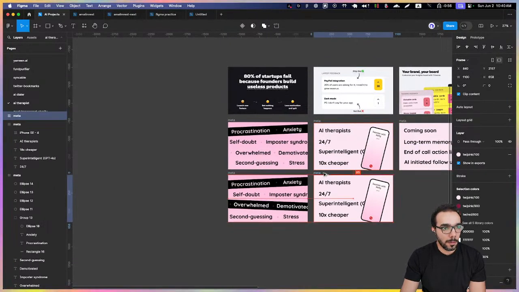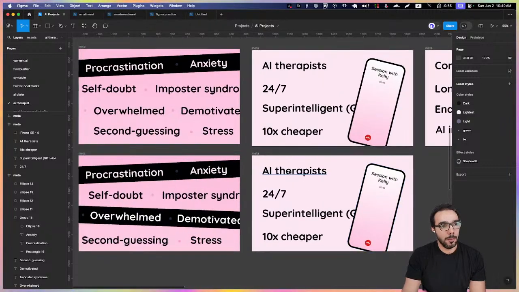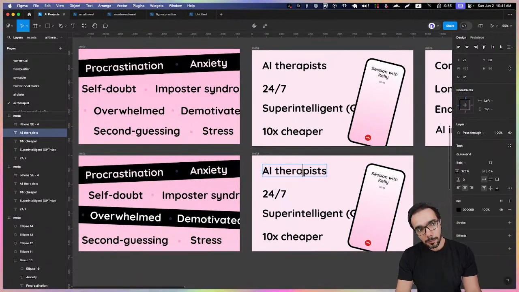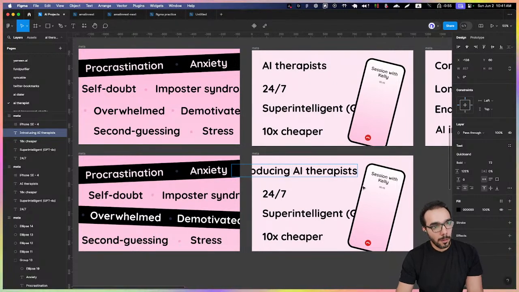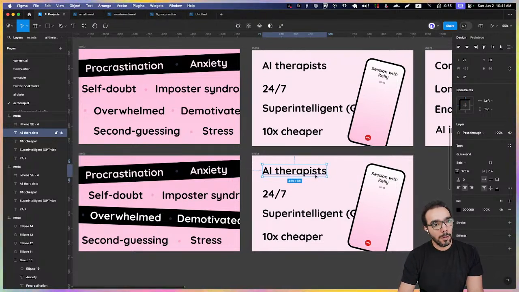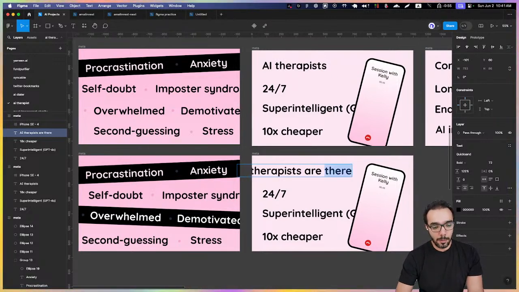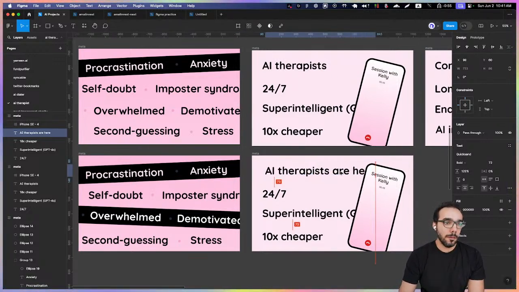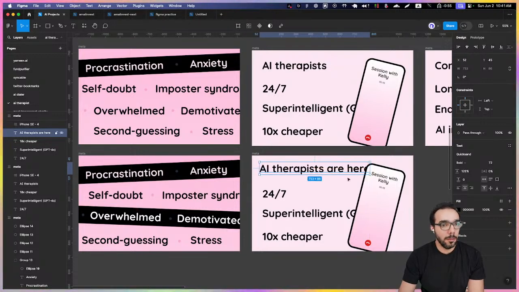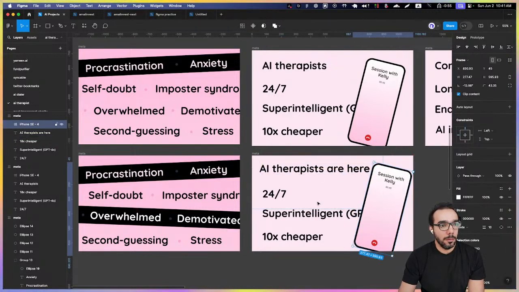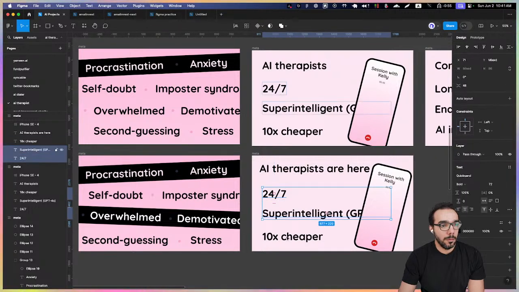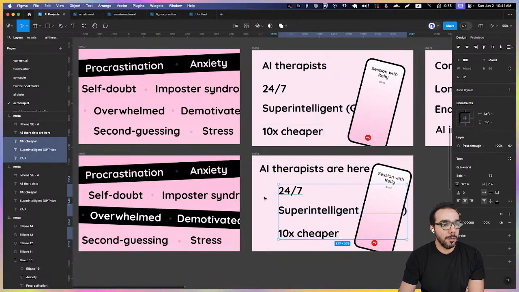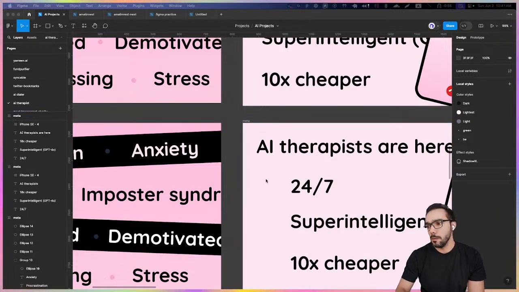And then the second one I'm going to do, so introducing... Okay, so AI therapists are here. That's basically what you're trying to communicate. And these are the features. You're gonna need some sort of image to